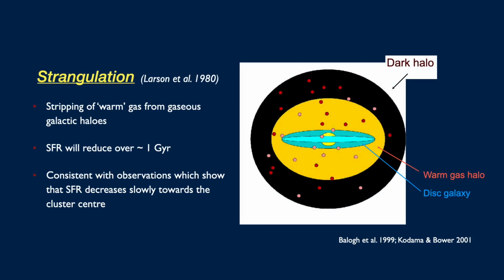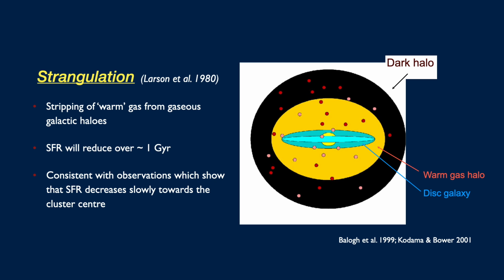Another environment-related mechanism which is proposed for the evolution of galaxies is strangulation. It is believed that all galaxies form inside a halo of dark matter. As the baryonic matter, which is the usual matter we are used to, loses its energy, it condenses at the center of the dark matter halo. This implies that all disk galaxies must be surrounded by a halo of warm gas which is yet to cool and fall onto the disk galaxy.